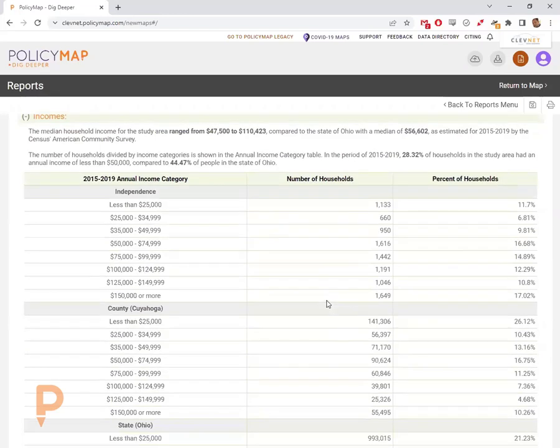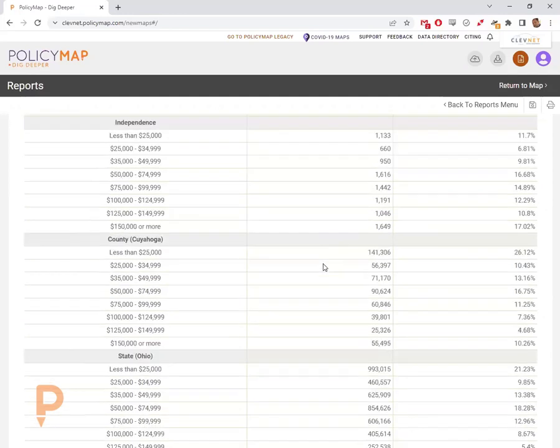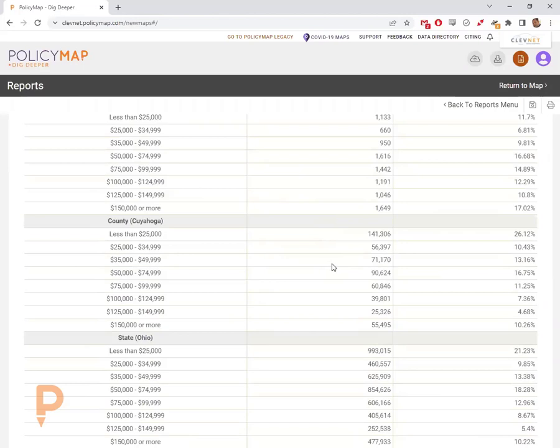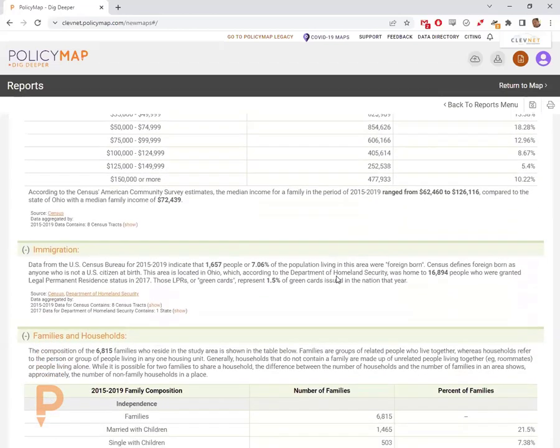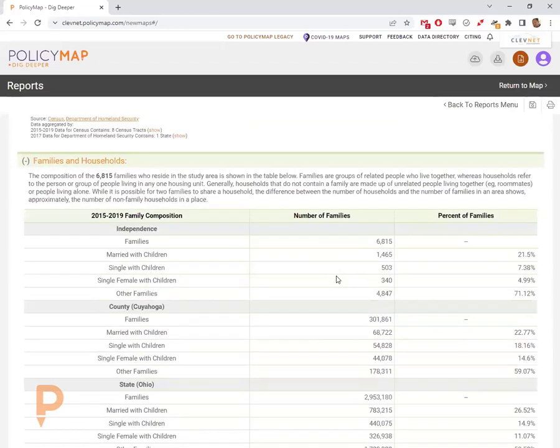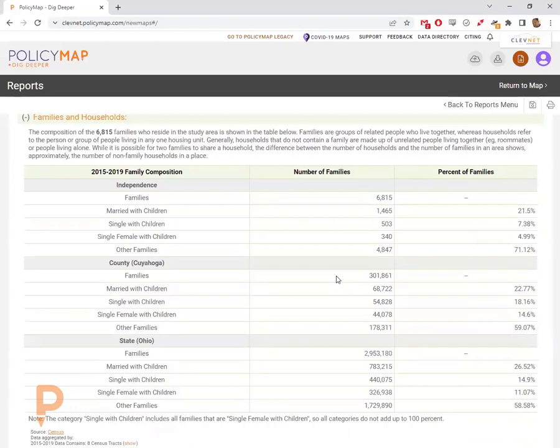The breakout of household incomes is a moderate income range area. You have a comparison to the county and the state that it's in. So at the very least, you'll see how this area compares to the overall state and county. Immigration, family types,